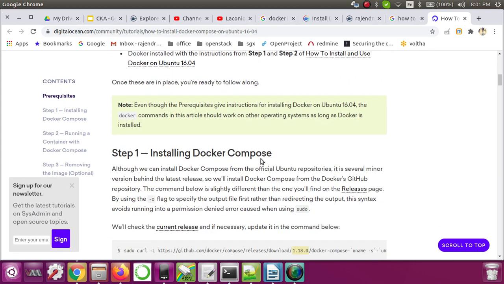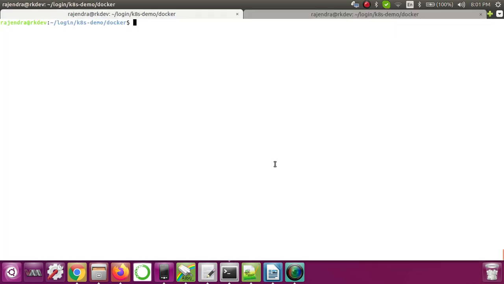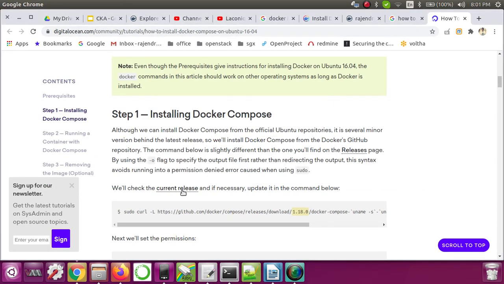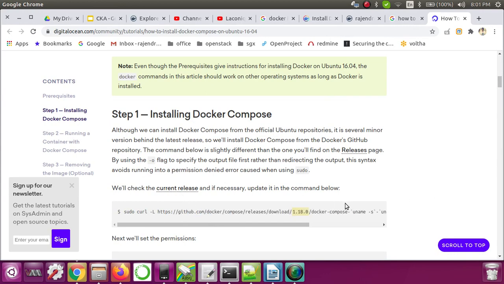So how can we install Docker Compose? Let me check if it is available on my system. Let me try docker-compose. Okay, Docker Compose is there on my system. But if you want to install it, run this command, with which we specify the current release of Docker Compose to be installed in user local bin.